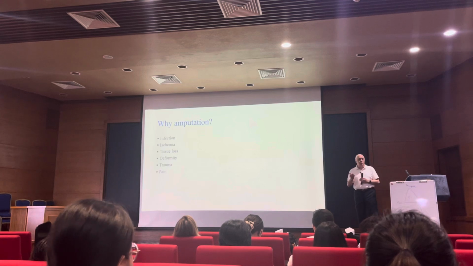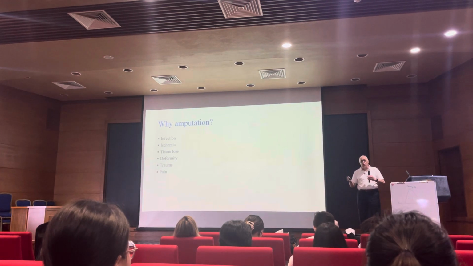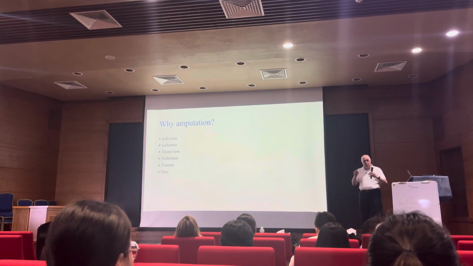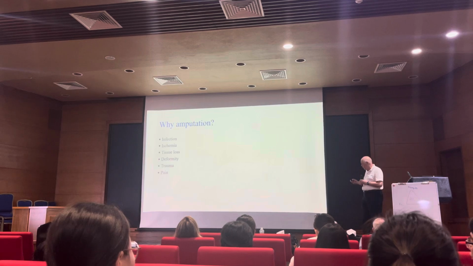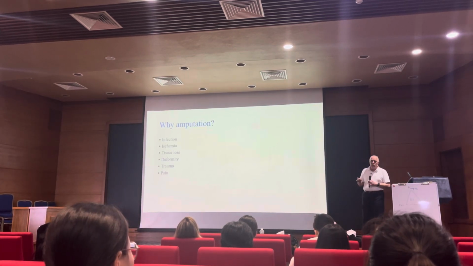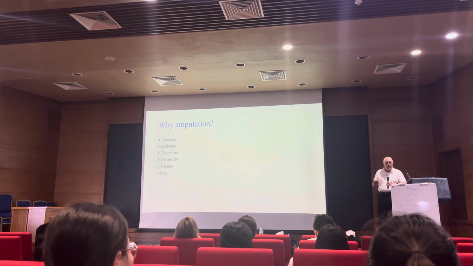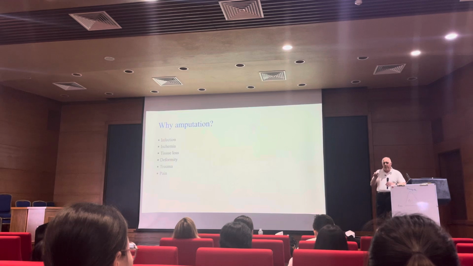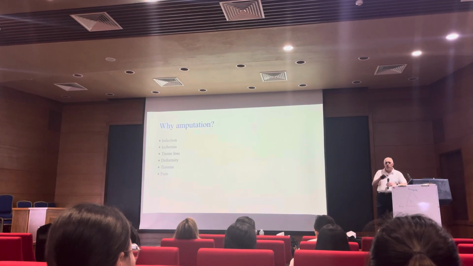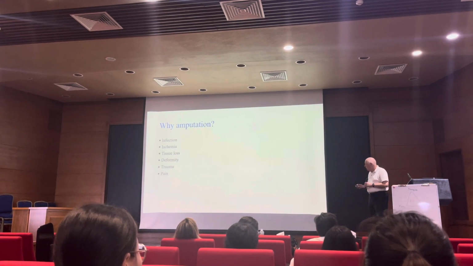Sometimes you have severe tissue loss. You've lost so much tissue from the infection and from debridement that you can't close it, you can't reconstruct it. So the best thing to do to get primary closure is to do an amputation. Or the patient has a severe deformity. One of the ones that we commonly encounter is Charcot joint disease of the ankle. When you get Charcot joint disease of the ankle, sometimes it becomes so unstable and you can't reconstruct it that the best thing for them is to have an amputation.